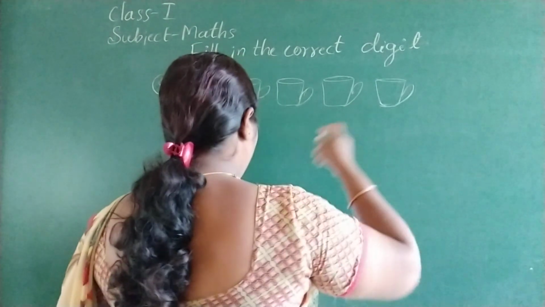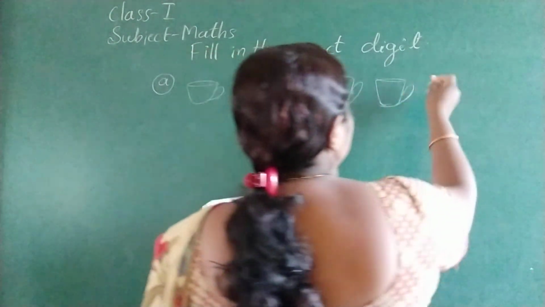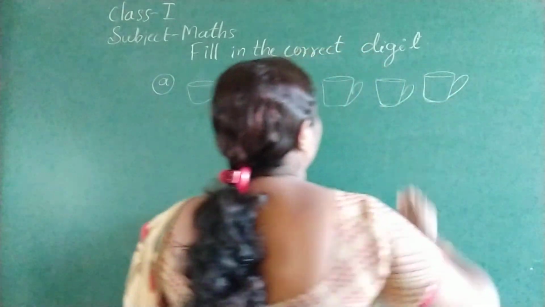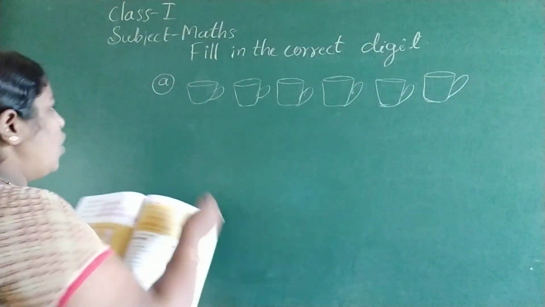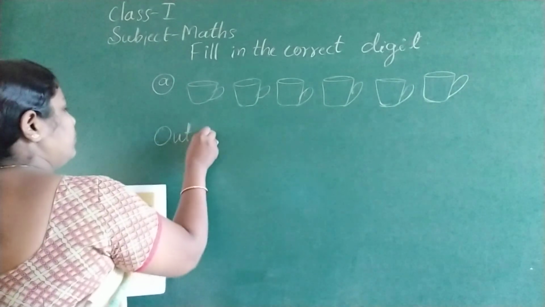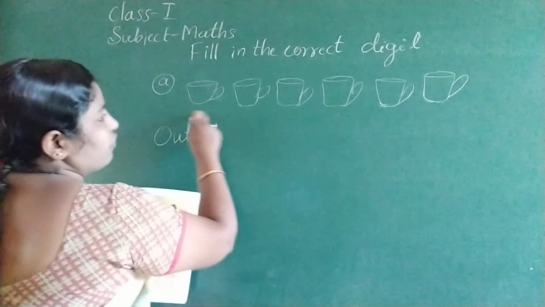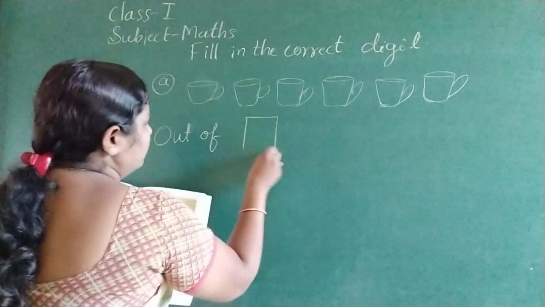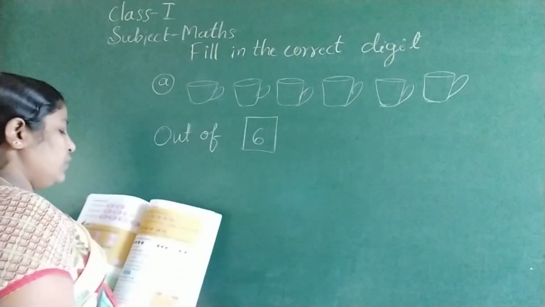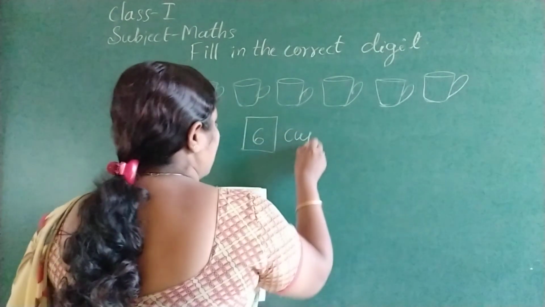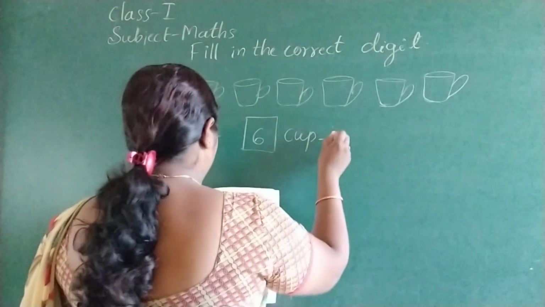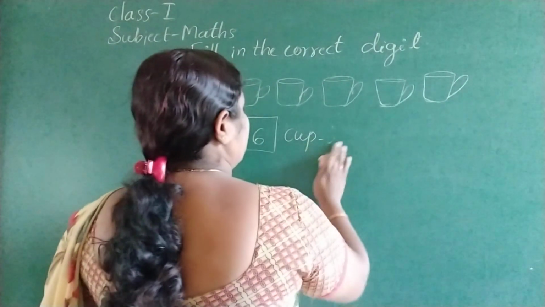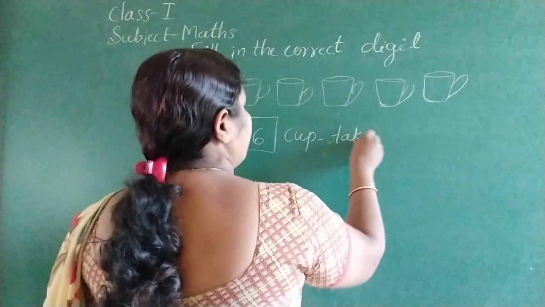1, 2, 3, 4, 5, 6. Now see, out of means how many? 1, 2, 3, 4, 5, 6. Out of 6 cup plates, take away cup plates, take away